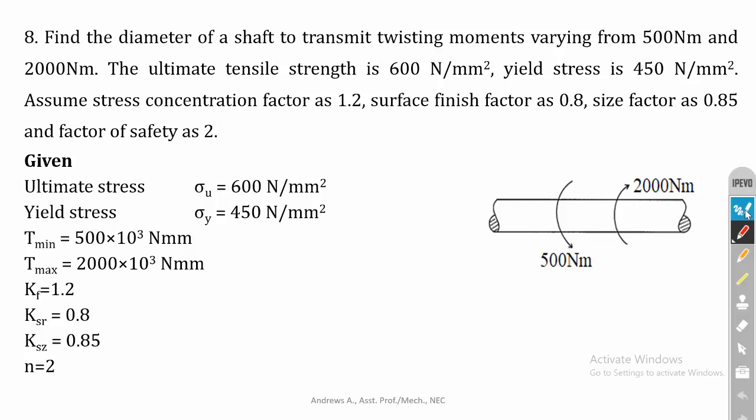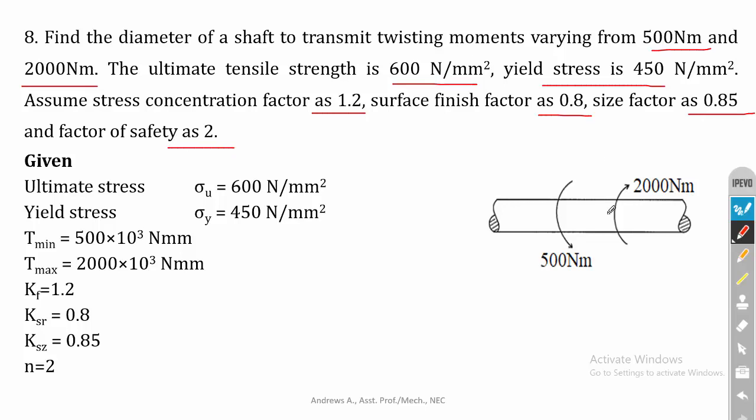In this lecture, I am going to solve a problem on a variable twisting moment. Find the diameter of a shaft to transmit twisting moments varying from 5000 Newton meter and 2000 Newton meter. The ultimate tensile strength is 600 Newton per mm square. Yield stress is 450 Newton per mm square. Assume stress concentration factor as 1.2, surface finish factor as 0.8, size factor as 0.85, and factor of safety as